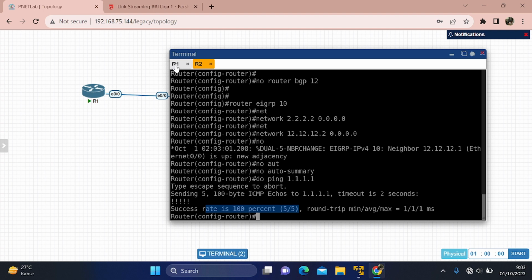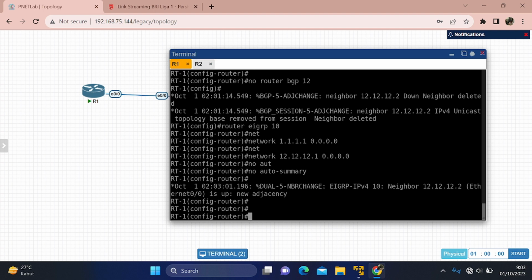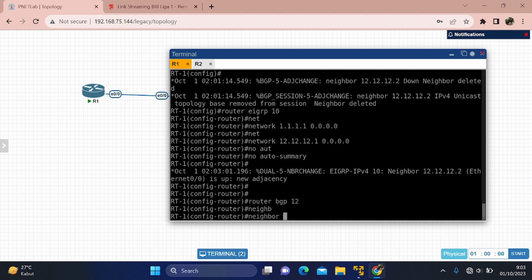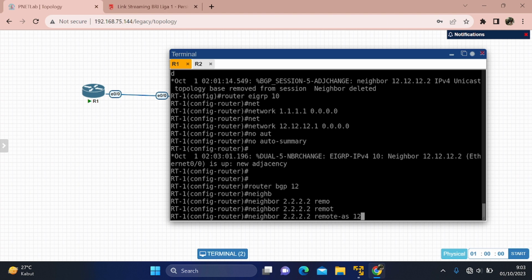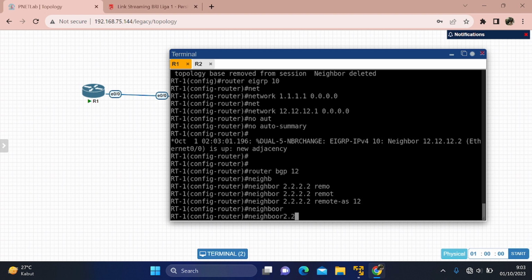And then back to router 1, we must add the BGP again, router BGP 12, and then neighbor 2.2.2.2 and remote AS number 12, and then neighbor 2.2.2.2 and then update source.